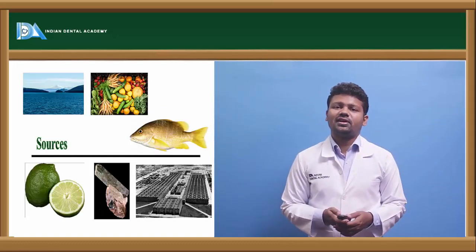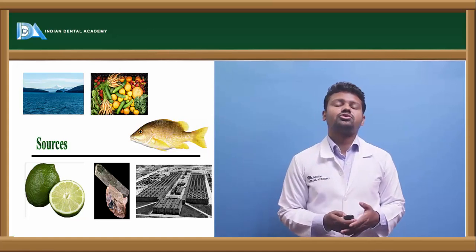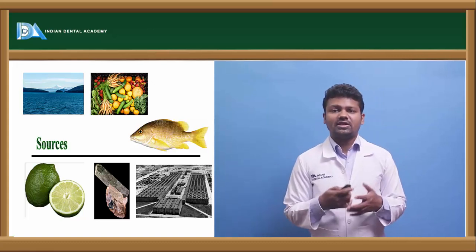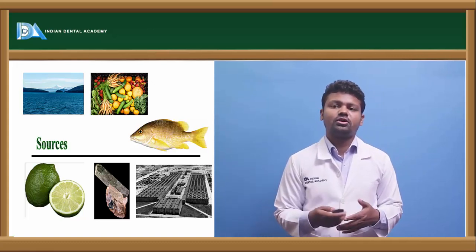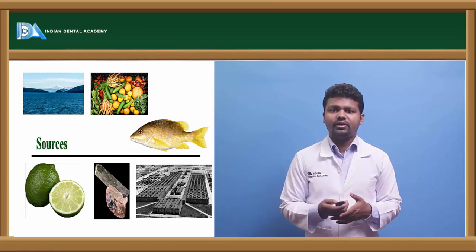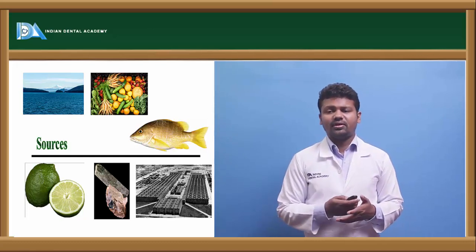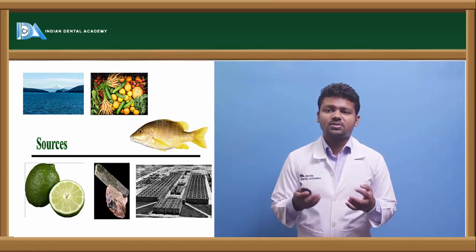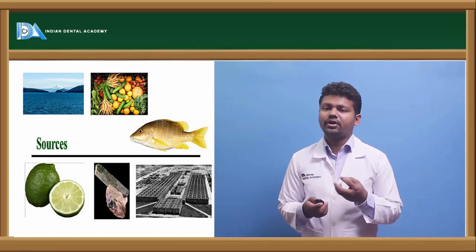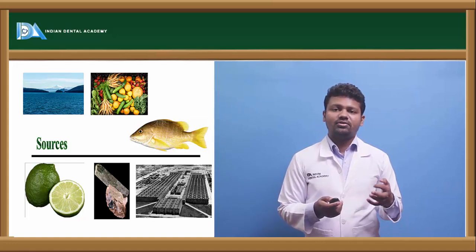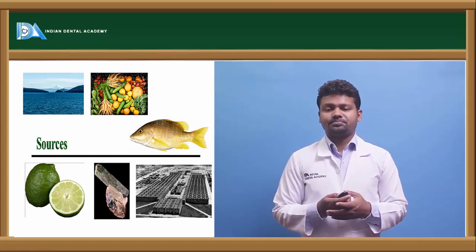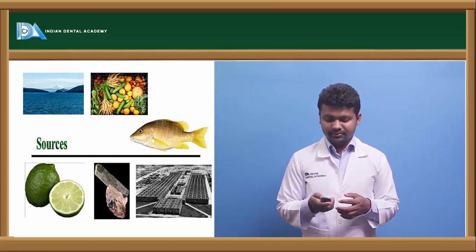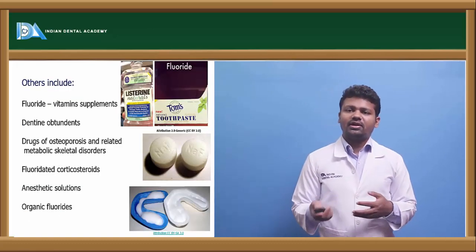Various sources are there. Again, you can see water is a very good source of fluoride. Green leafy vegetables, fish, the salmon fish is a very good source of fluoride. Then there are oranges, lemon, everything. Rock salt is again a good source of fluoride. The consumption of green leafy vegetables, fluoridated water, and salmon fish can reduce dental caries if the proper concentration is maintained. Others include the vitamin supplements like